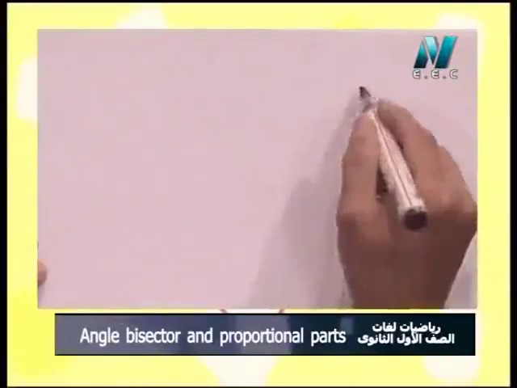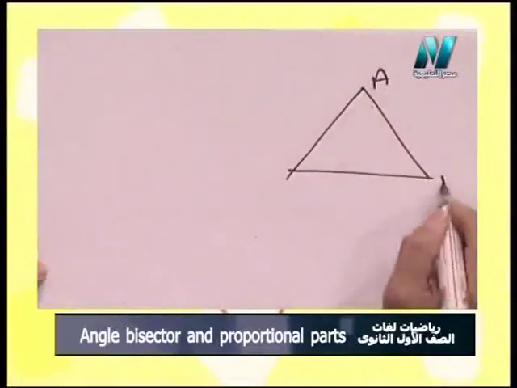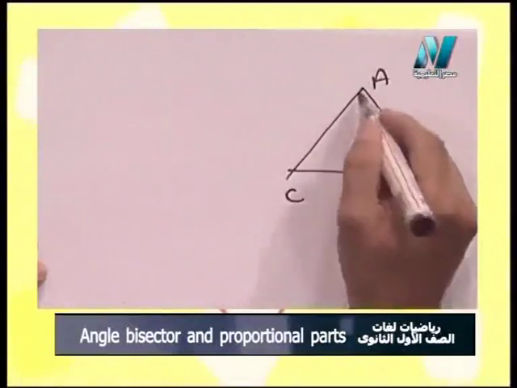We know that if we have a bisector, we use the relation between the sides. They will be proportional. But if the sides are proportional, what do we deduce? We will deduce that we have a bisector here. So look carefully with me. If you have a triangle like that, ABC is a triangle,